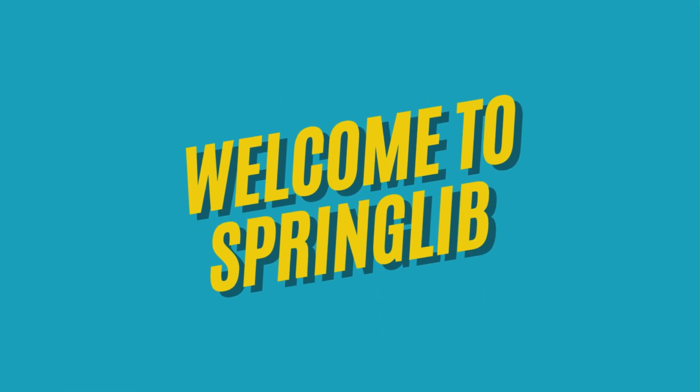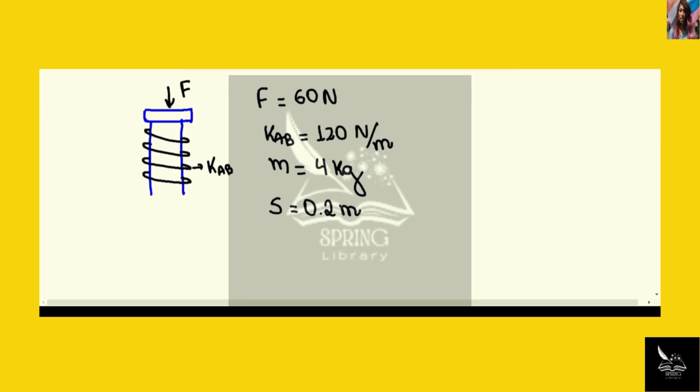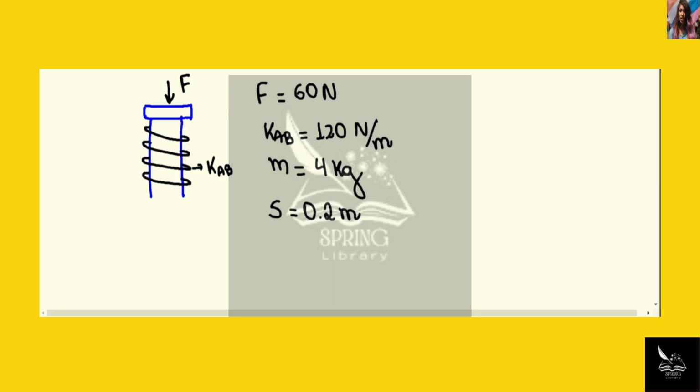Welcome to Spring LIB. In this exercise, we have a cylinder that has a mass of 4 kilograms and is supported by a spring that has a stiffness, Kab, equal to 120 newtons per meter. And the system is initially at the equilibrium position. That is, the cylinder is neither moving up nor down,